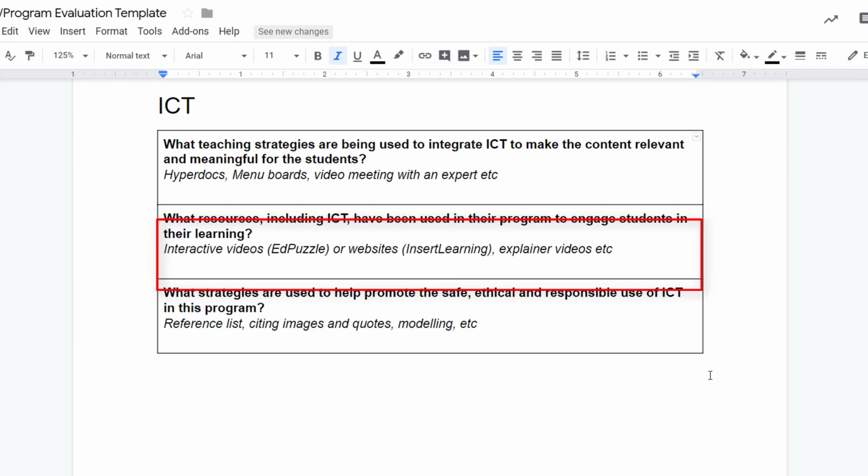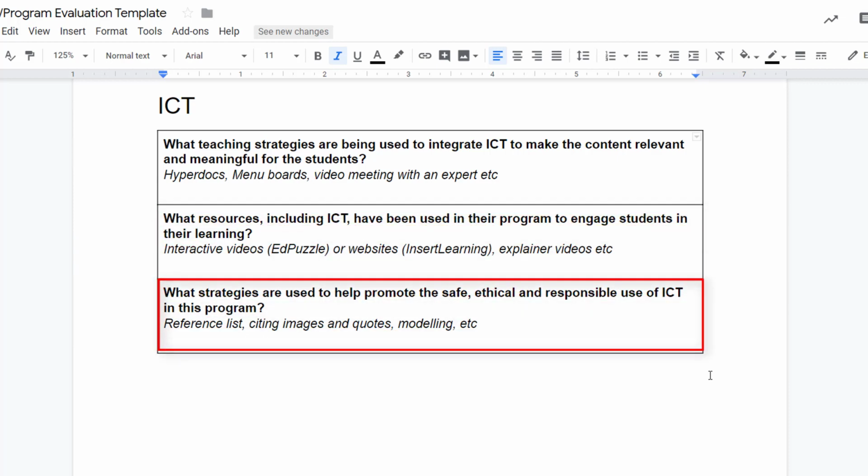And the last question here for ICT is what strategies are used to help promote the safe, ethical, and responsible use of ICT? So here, if you're using ICT, are you modeling it? Have you got all of your PowerPoints and stuff? Are there references in it? Have you cited where you got your images from? Maybe you're modeling to your students how to do a bibliography because you're going to give them an assessment task